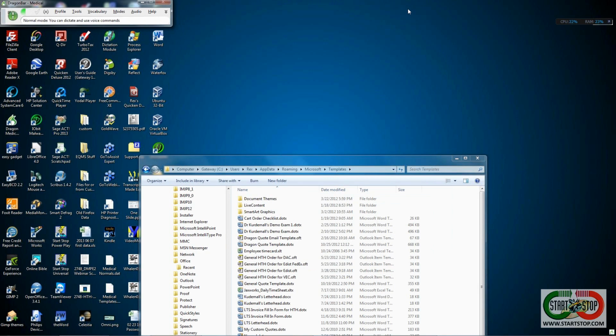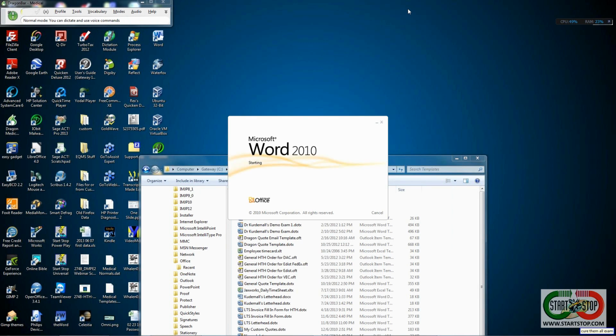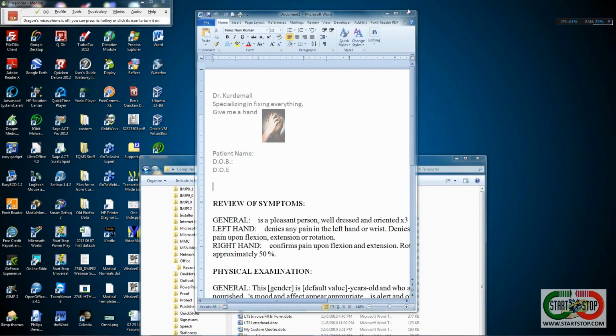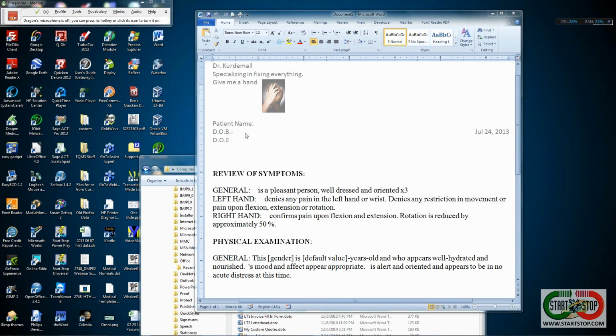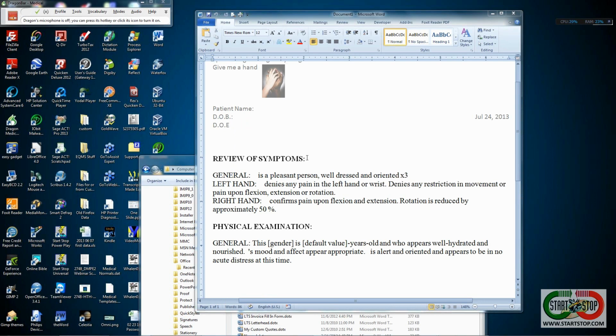Cure Them All exam. That opens a copy of Microsoft Word 2010, with that letterhead and pretty much a whole standardized form. It's still called Document 1. It's not going to let me accidentally change it, but it opens it up with Dr. Curedemol's letterhead up top, the patient name, date of birth, date of exam, areas where you can put that information up there in the header, and